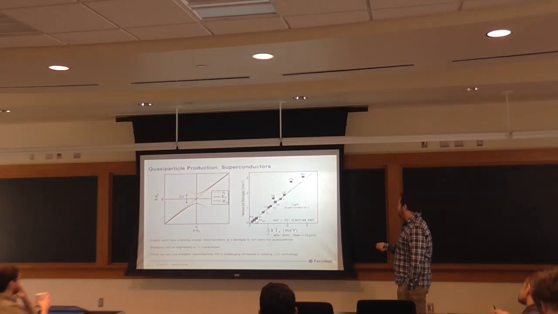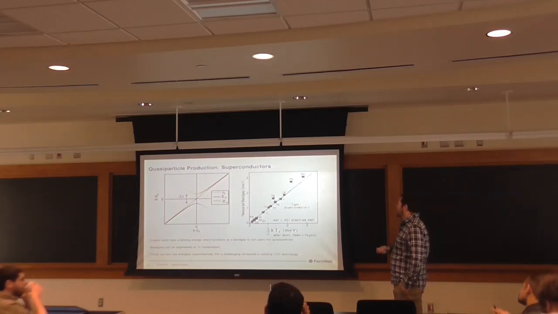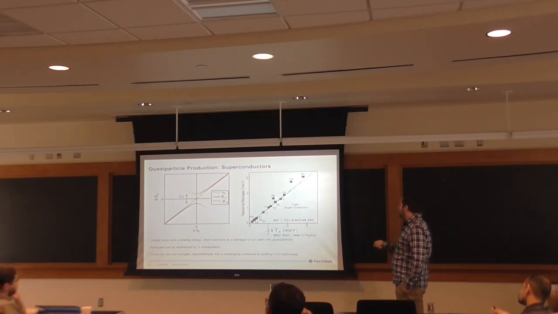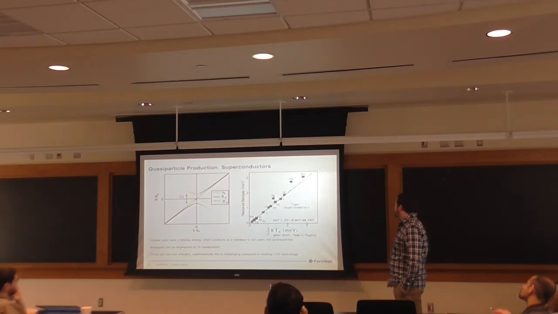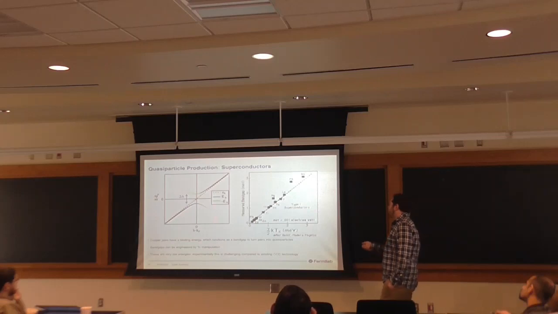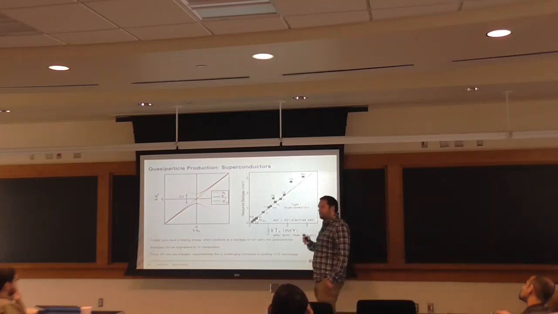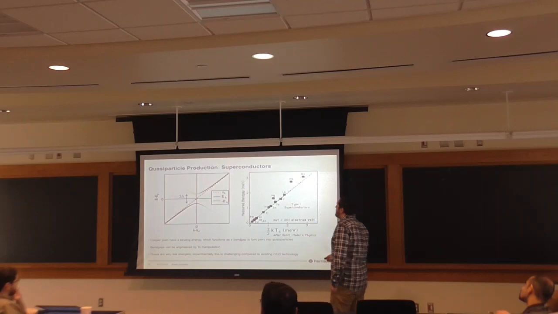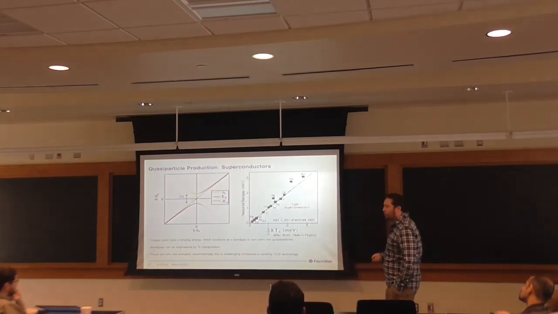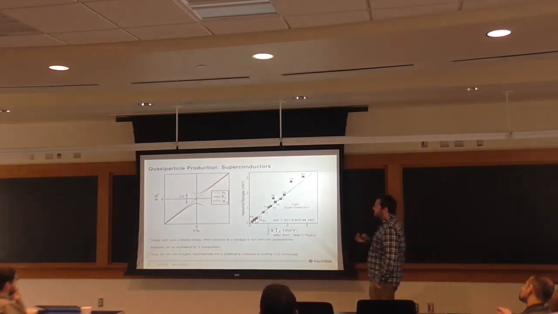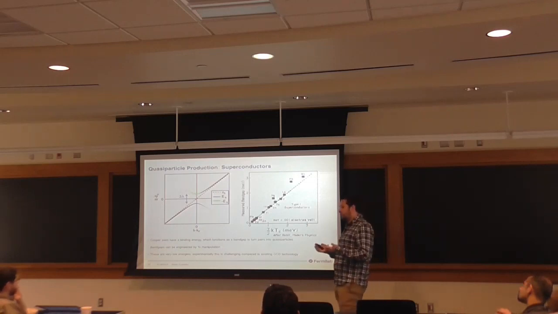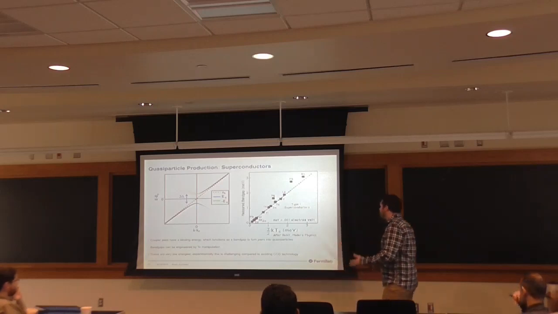So a superconductor is basically just something with a band gap that is correlated to its critical temperature. The lower the critical temperature, the lower the band gap, and we're talking for these classical superconductors, band gap energies on the milli-eV scale. So the particles you produce are not electrons and holes, they're quasi-particles. They have this weird dispersion relation that's not quite what you'd expect it to be, but they still act as something in which you can create quantized excitations that are reasonably long-lived, collect them, and infer what the deposited energy